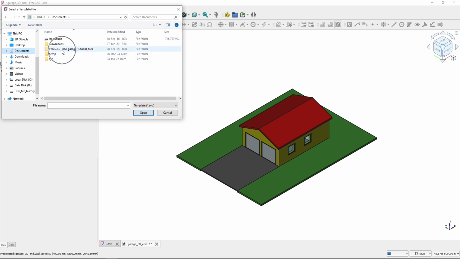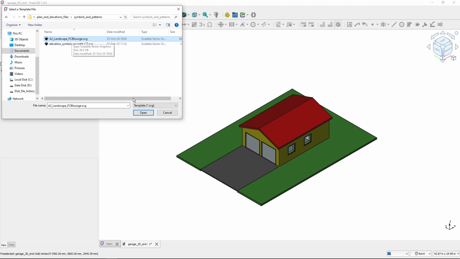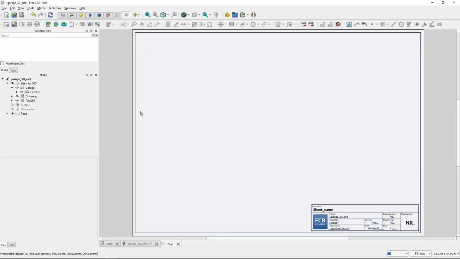So I will go to FreeCAD BIM Garage tutorial files, plan and elevation files, symbols and patterns, and here I will use the A2 landscape FCB lounge template, and I will hit open, and this opens up the page. And the important thing is that the format is A2, and I will name the page elevation